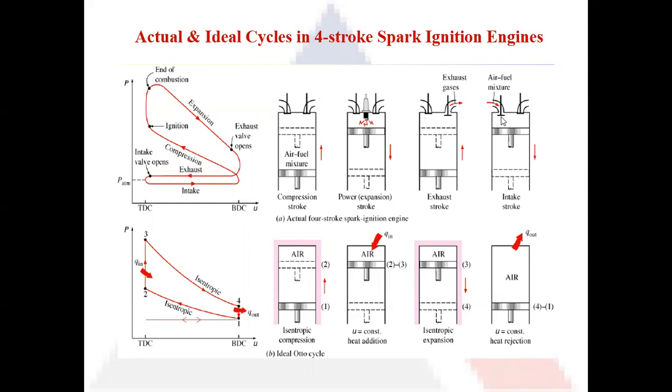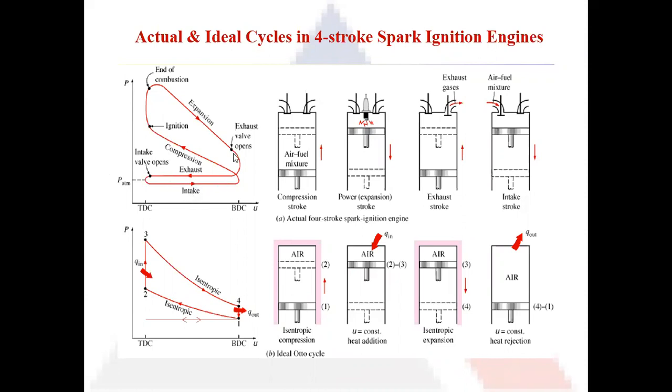Now, if there is no pressure difference, there won't be any flow of air inside. So during the intake stroke, if you see the actual PV diagram, this is your atmospheric pressure line. The intake stroke takes place at some pressure below the atmospheric pressure line. So this means some vacuum is created inside the combustion chamber during the intake stroke. The pressure inside the combustion chamber becomes less, atmospheric pressure is more, so the airflow starts to take place from outside towards the inside of the combustion chamber.